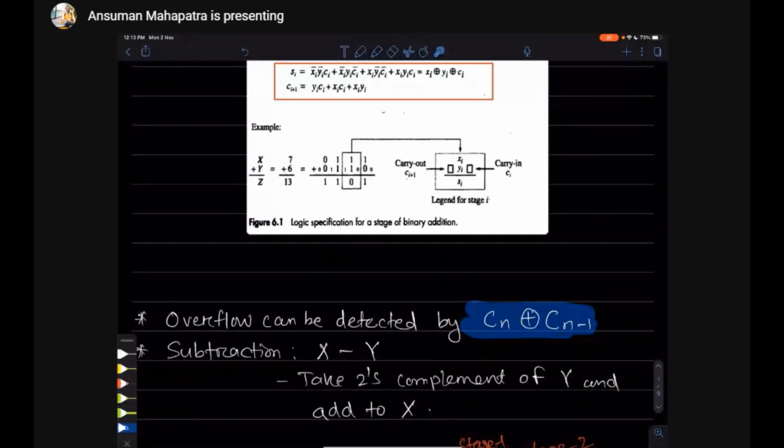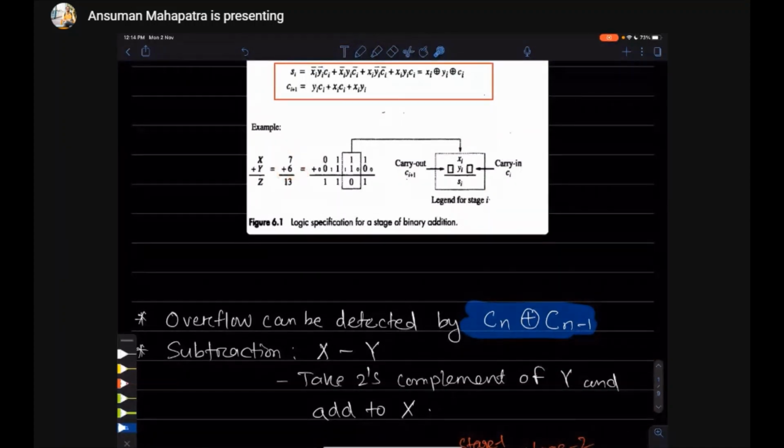Okay, so take one example here. 7 plus 6. Okay, 7 plus 6 we want to add, and the output we should get is 13. And 7 and 6 we have to represent in signed form, not unsigned form.